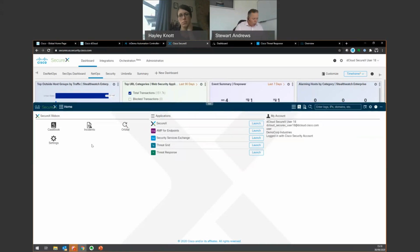There's Orbital as well. So Orbital is a feature of Cisco AMP for Endpoints. And what this actually does is run queries against endpoints using osquery. And basically, you want to find out what version it's running, if a certain service is running on it, or anything like that. Orbital allows you to go and probe an endpoint and pull off various information on that. And I can show you an example of that as well. So on this, if I look at